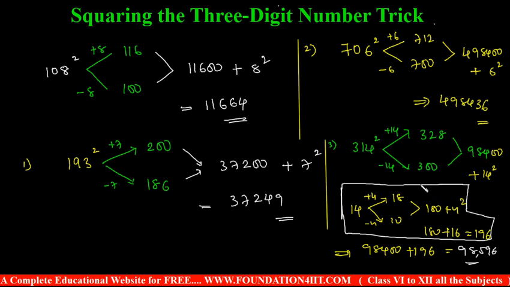If you practiced the previous chapters, it will be easy here. The main concept is this: whatever plus or minus number you are taking, that number squared will be added. Same as I explained for two-digit squaring, we can follow the same trick for three-digit numbers also, because I already explained it in the previous chapter.